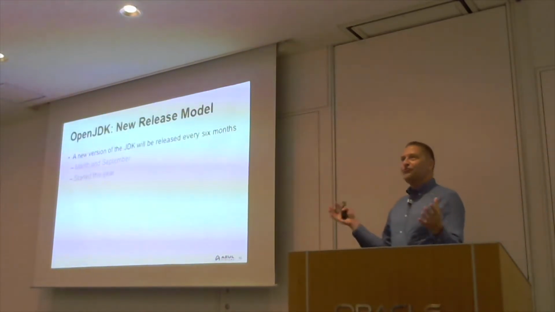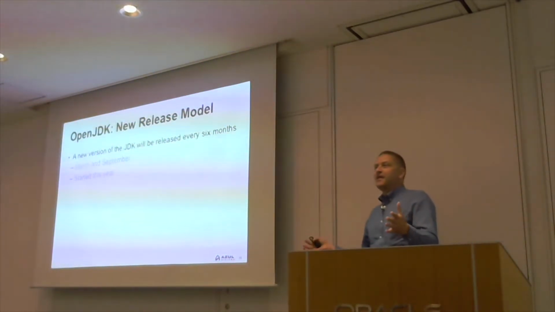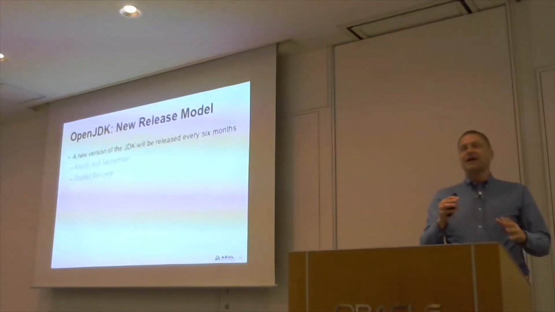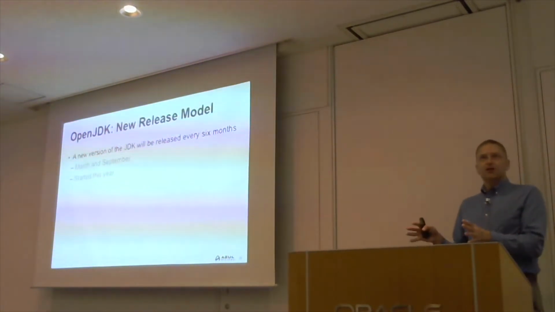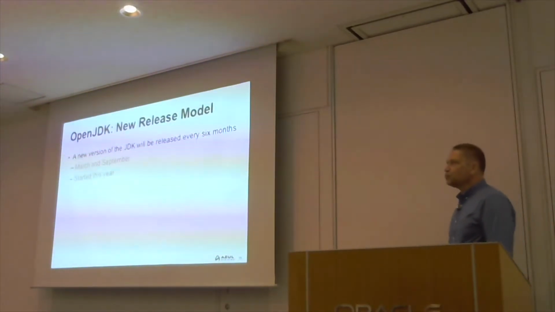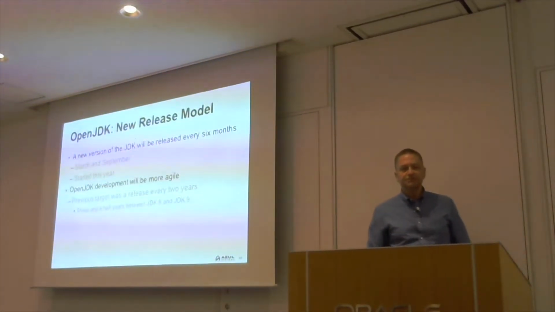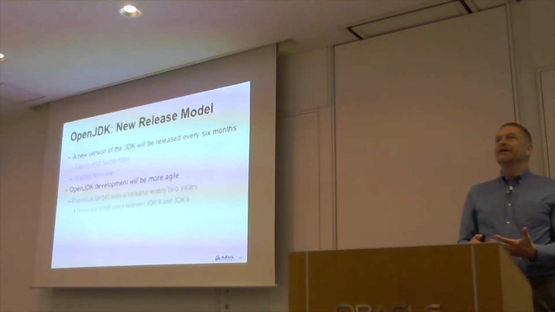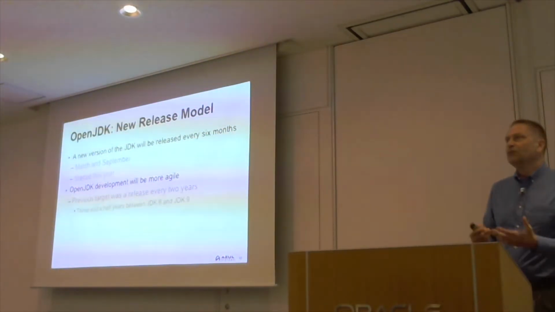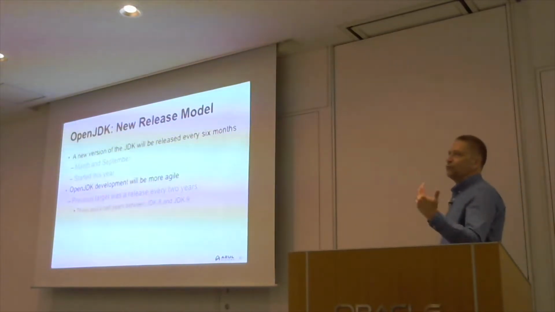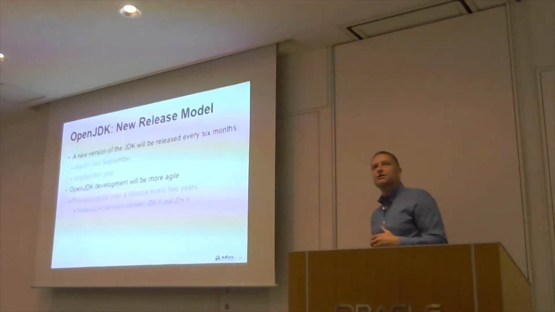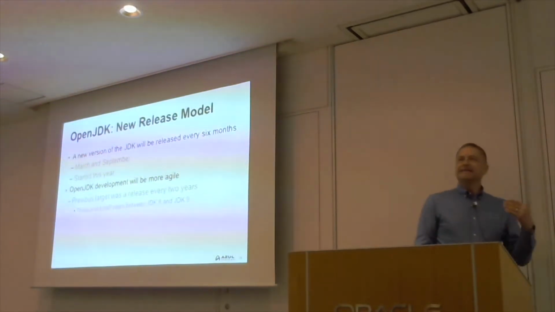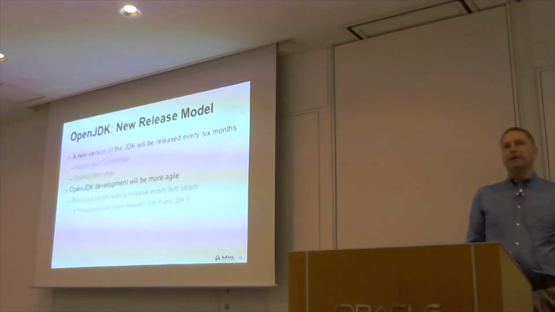So we've had 3 releases in the space of a year, having waited 3.5 years for the last release. This is a radical change. And there's a good reason for it, because we wanted the development of OpenJDK to be more agile. Rather than having to wait 3.5 years, or 3 years, or 4 years for a new release with new features, we need to get those features to developers more quickly.